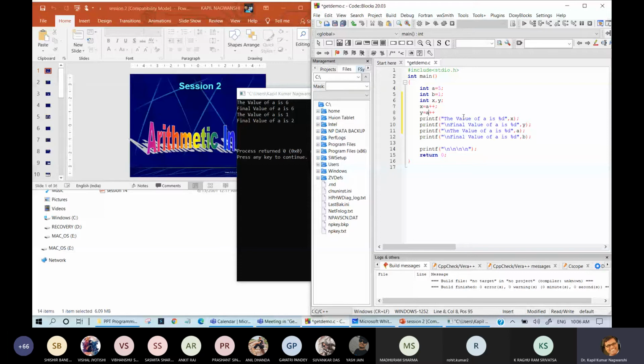Now you can see the initial value of A. So what will be the value here? What is the answer? X will return 5 and B will return, means Y will return. Yes, tell me. Because if I am only speaking, then you won't be able to understand anything. Just tell me what the answer is here. Is this correct?